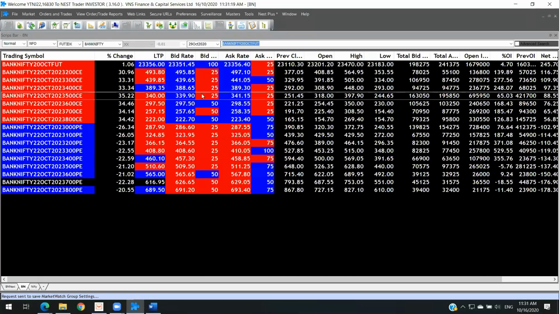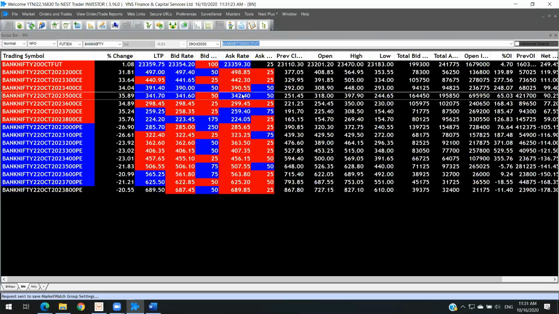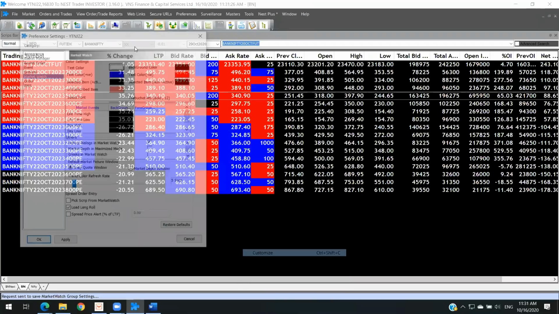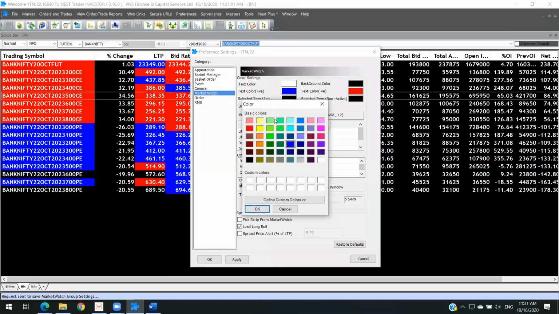So how to determine the color combinations and other things? All you needed to do is right click on customize. Here, use these defaults, whatever that is there. The text color, let it be white, which is what we are seeing. The background color is black. And then the text color on the positive, whenever it is positive, you can change it to green. Say, for example, I always prefer that it has to be in green. Then apply that.